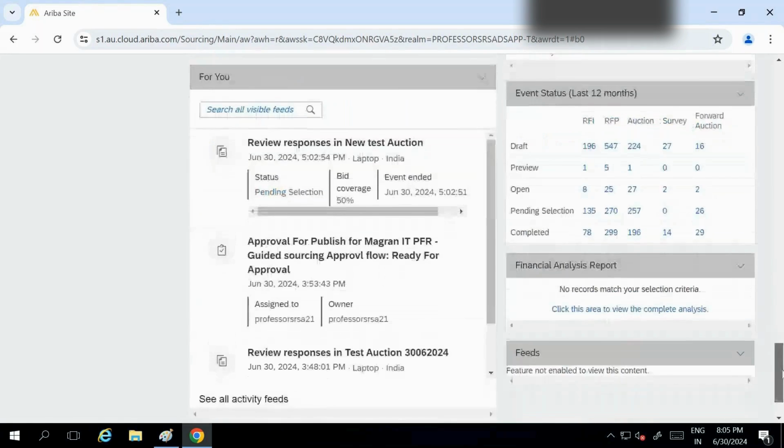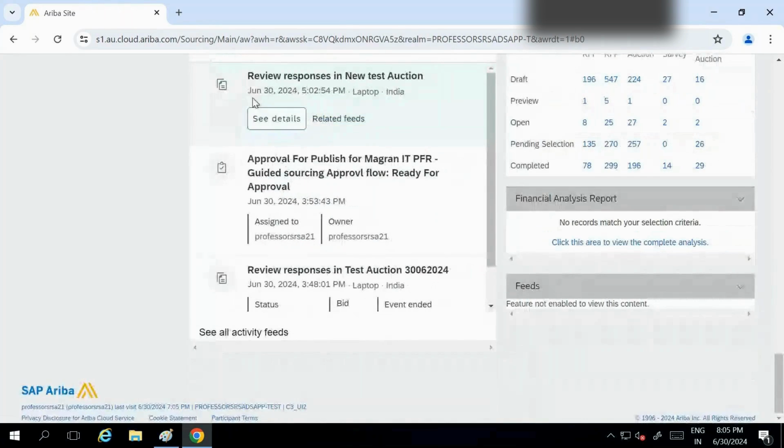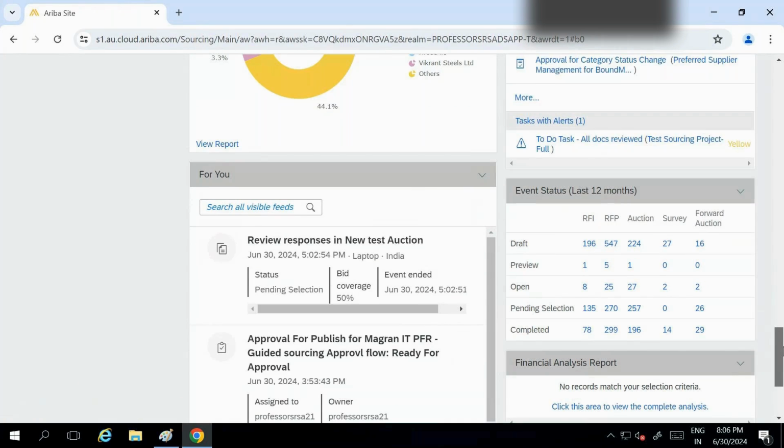And this is your task, like earlier, this task is open. If you see June 30, today someone has created one event on laptop, you want to update, you want to act on that, you can create approval for that. And these are the tasks which are with you, just recent tasks.